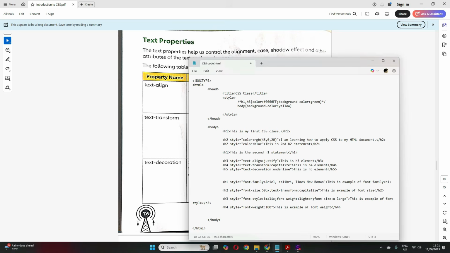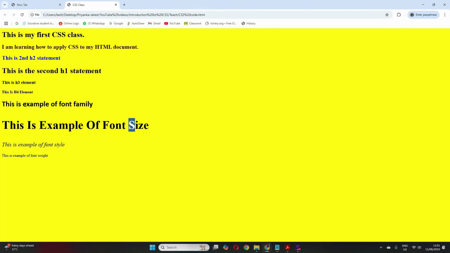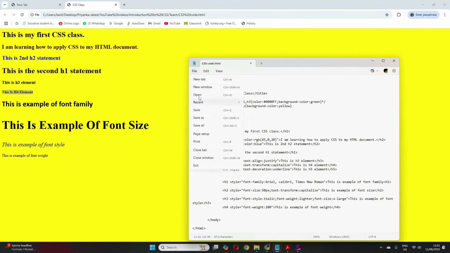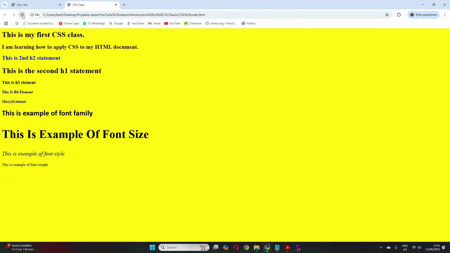So I'll just write underline. This is the H5 element, so after this H4, that line will come, right? Let's save it and run it. Now see, this is the H5 element. It turned up with an underline. Clear?